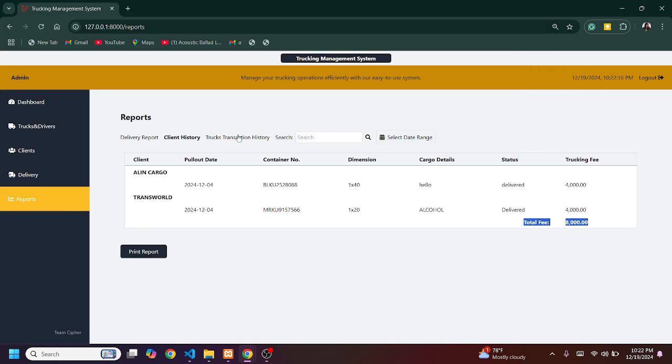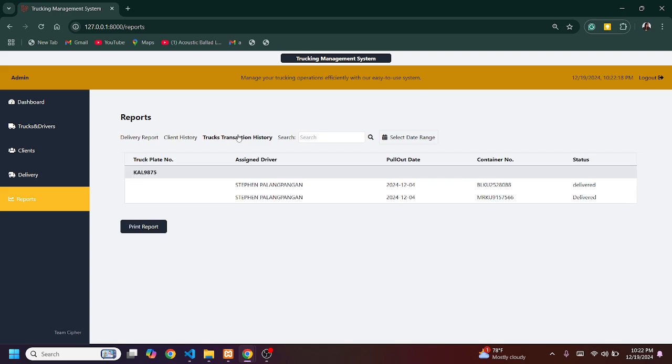And then lastly, we have the track transaction history. For this scenario, all the trucks with that specific plate number will be reflected on this table. So as I added in delivery, I created a delivery which I assigned Stephen Palengpangen as the driver, as well as the pull-out date, container number, and status.